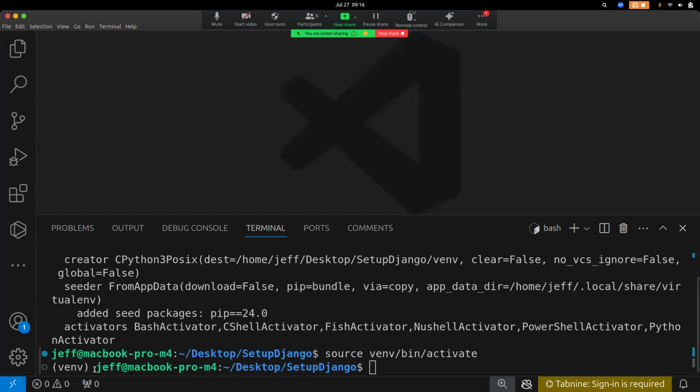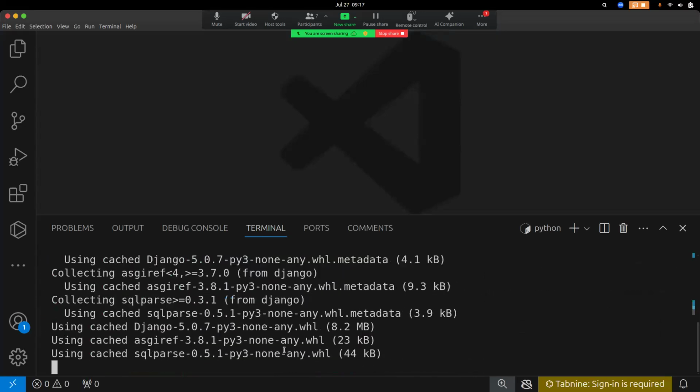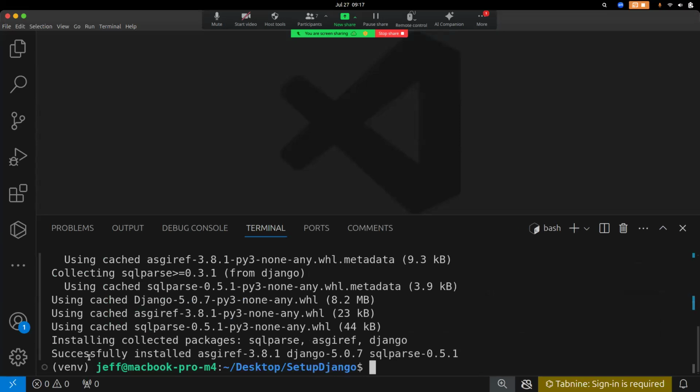Now, the next step that you need to do is to install Django. For you to install Django, you basically need to say pip install Django. Once you say pip install Django, of course, it will install Django within the virtual environment. So all you need to do is to press enter. Once you press enter, it will install the packages and it will tell you successfully installed